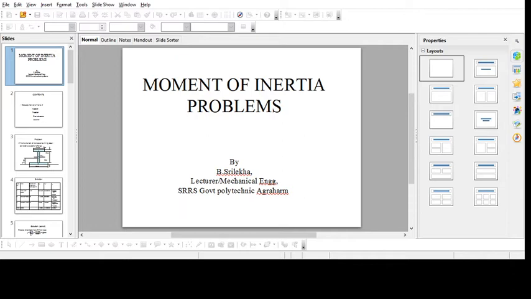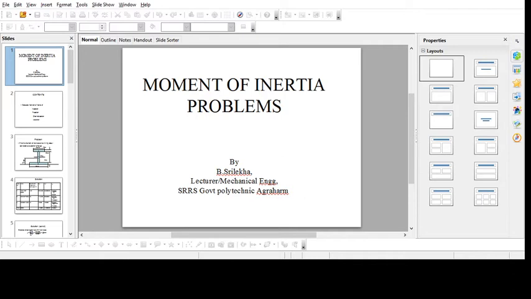Next, we have discussed radius of gyration. Radius of gyration of a given lamina or body is defined as the distance from the reference axis at which the whole area of the section is assumed to be concentrated. It is denoted by K. K is equal to the square root of I by A, where K is the radius of gyration, I is the moment of inertia, and A is the area of the section. In the last classes we have solved simple problems on moment of inertia and radius of gyration, and